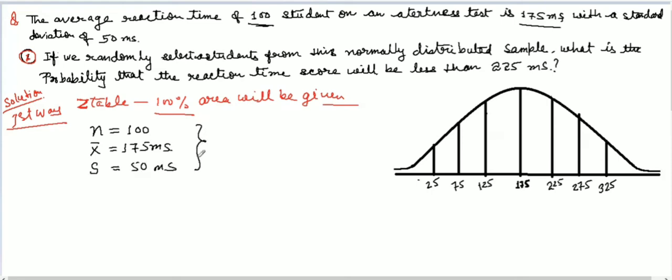So here we are talking about the sample, but if you have a population, in a different question, you have to use mu for the mean, and for the population standard deviation this sign will be there. For this question we are not going to use this sign because we have a sample here, so we are not going to use the population mean or population standard deviation.